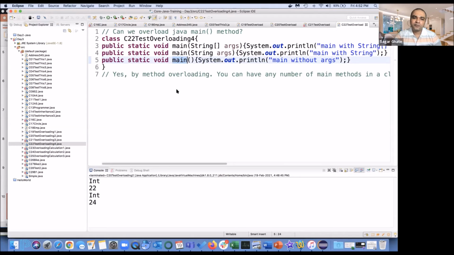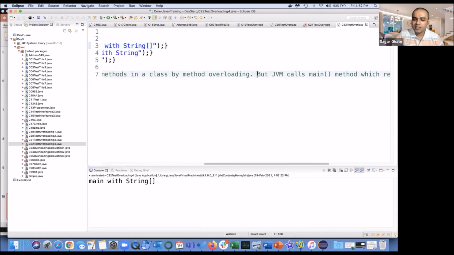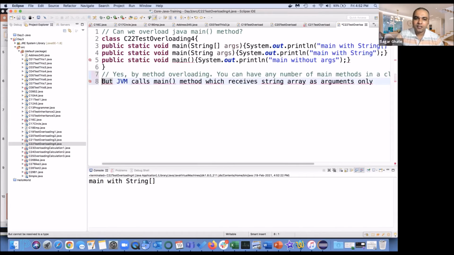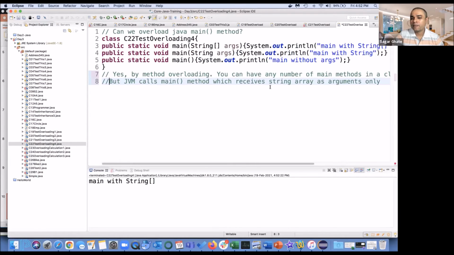If I run this program, main with the string array is called by default. So yes, by method overloading you can have any number of methods in Java, but the JVM calls only the main method which receives a string array as argument. Programmatically you can have them, because there is a concept known as method overloading, and Java is following it.